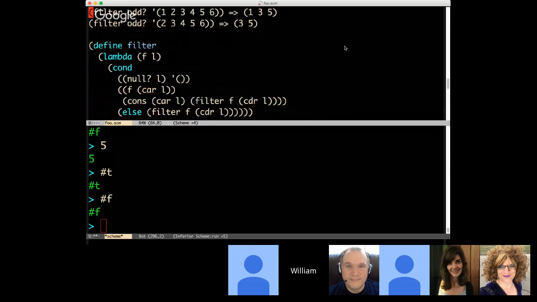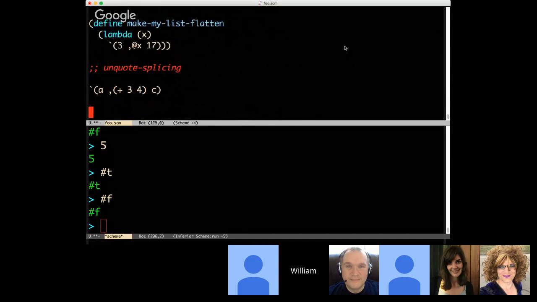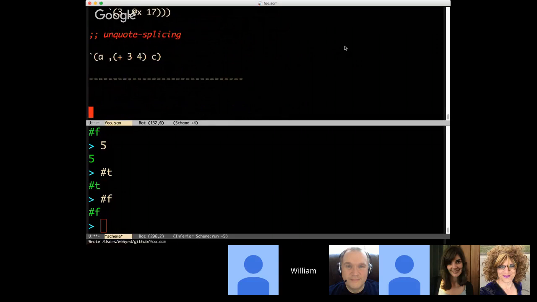Okay, so that's plenty about quotation. There's a lot more we could talk about, but that's kind of enough to get started. And we're going to look at some pattern matching. We're going to use a pattern matching macro. And since we've already mentioned macros a couple times, and we looked at syntactic forms, and saw that something like cond or lambda or quote is somehow different from something like a variable bound to a procedure, let's just talk about macros for a couple minutes. And you can easily have a whole course in macros. They're a very interesting